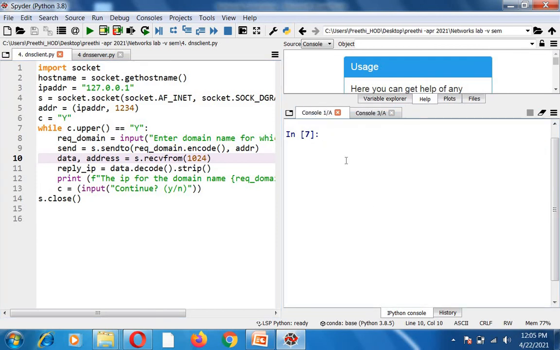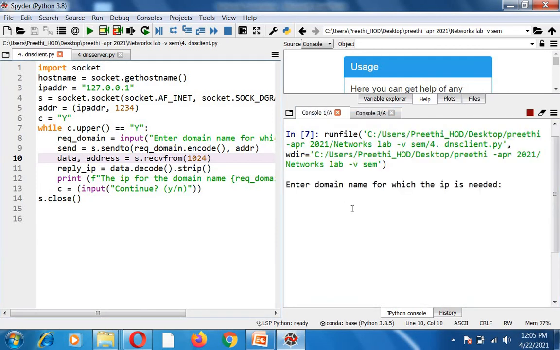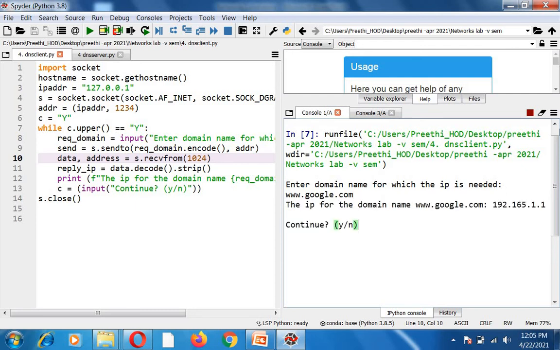When I run the client program, it asks for the domain name for which the IP is needed. Here I ask for the IP address of google.com, which I have stored in the server. When I request this service, it shows that the IP address for Google, which I have stored in the database, is 192.165.1.1. Next I want to continue again.